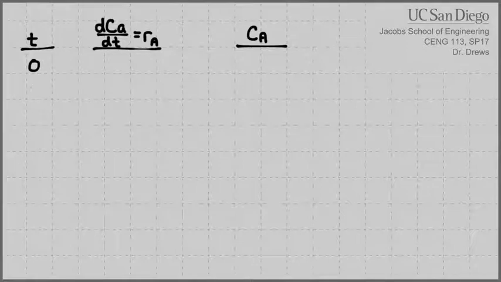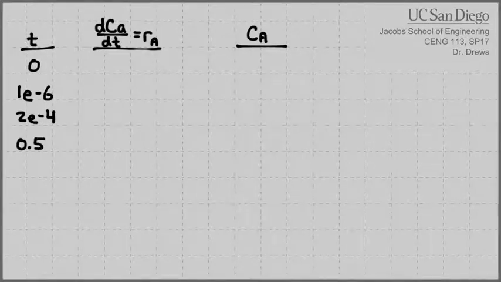Actually, let's change these. Maybe instead of 1, it's something really tiny, like 1e to the minus 6. The next step doesn't have to be the same. It could be anything new. But you'll notice that the time steps get a little bit bigger as you go on. We don't set those time steps. MATLAB will do that. What we do tell MATLAB is how to get that derivative at any value of t,